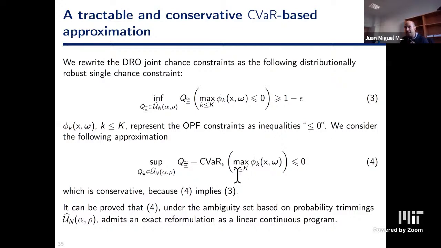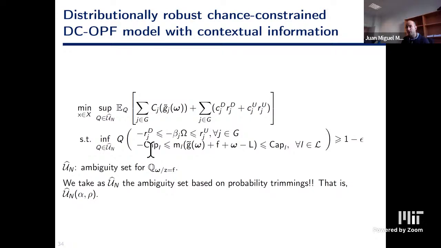The idea here is that it can be proved that the CVaR constraint can be reduced to a continuous linear program under our ambiguity set based on probability trimmings. So it is giving us a tractable conservative approximation of this original problem, right, that we are going to be